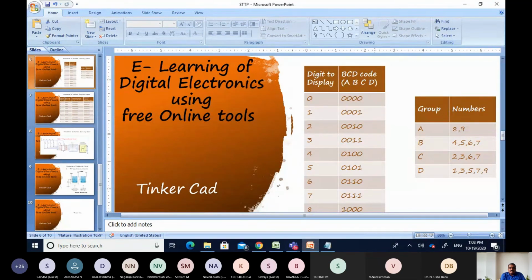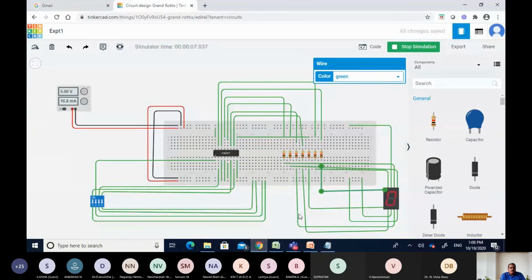So A B C D, I have to give 0 1 1 0. So 0 1 1 0, it is decoded as 6. Right? So the first button is group A, group B, group C, and group D. So this is A, B, C, and D.